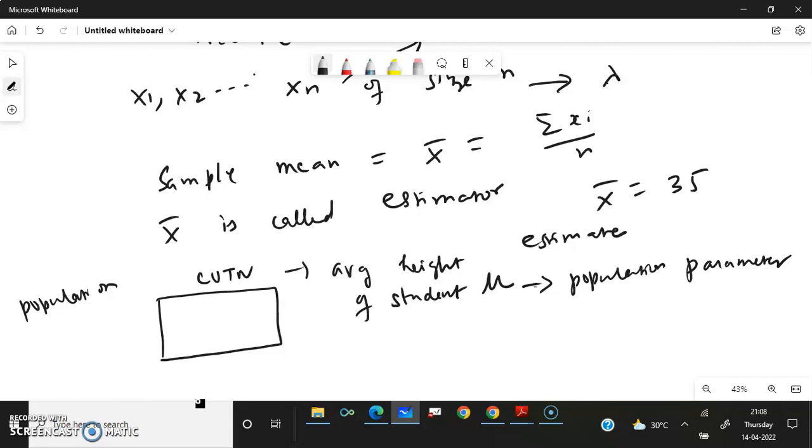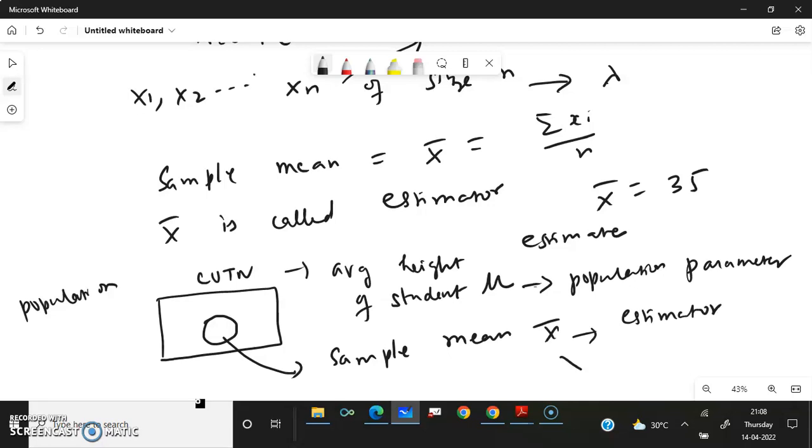So what you will do is take a sample. We take some sample from this population and find the sample mean. I am telling again and again, the sample is selected scientifically using sampling. Just like that you cannot select the sample; it should be selected using statistical methods. So I take a sample and find the sample mean x bar. Then x bar is nothing but our estimator. Its value is known as the estimate.